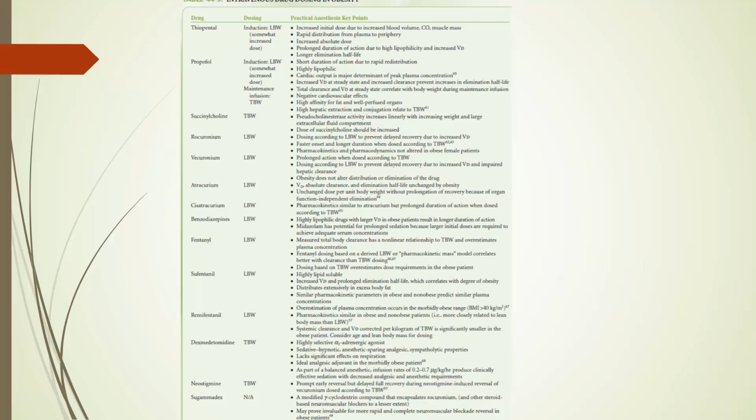I love this table because it's huge and it's not entirely accurate, but it kind of shows a picture of what you should do with different drugs in terms of dosing for the induction dose or maintenance dose if you're running an infusion. And in the next video, we'll talk more in detail about